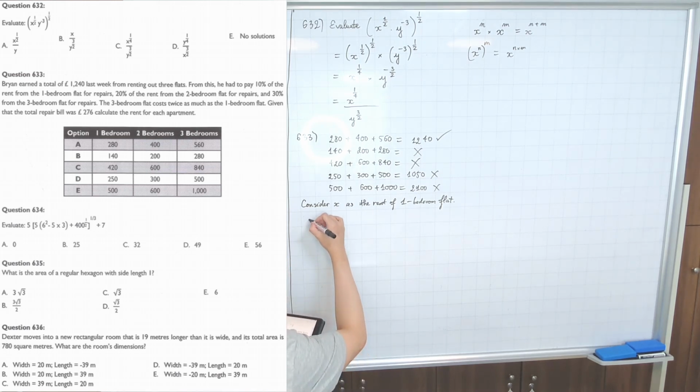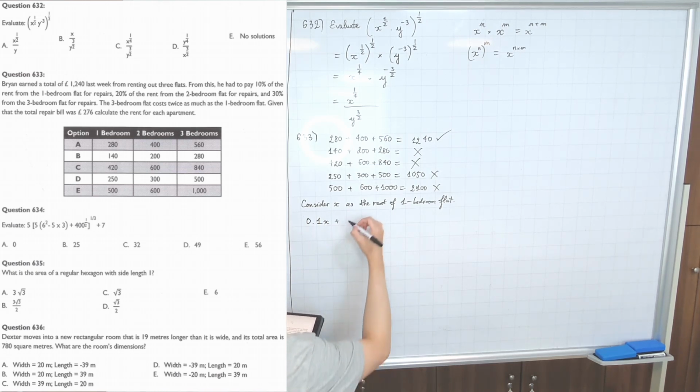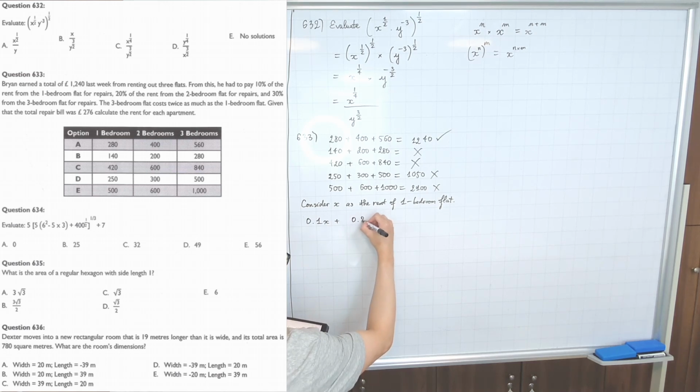So it means that 0.1x, and then two bedroom flat is going to be 20%, right? So there's a 0.2, and then